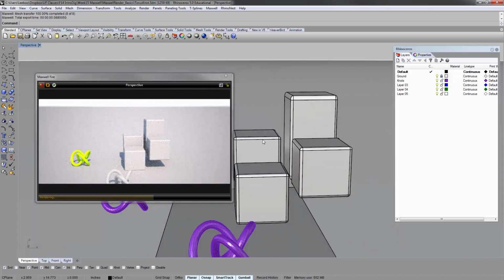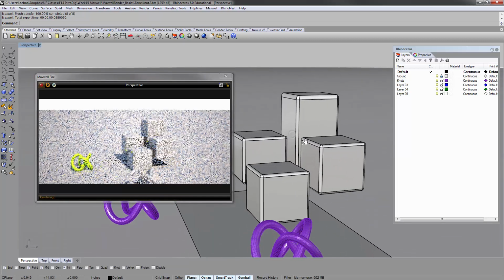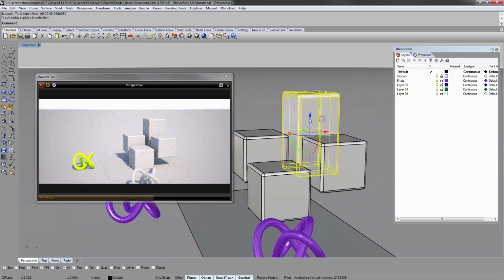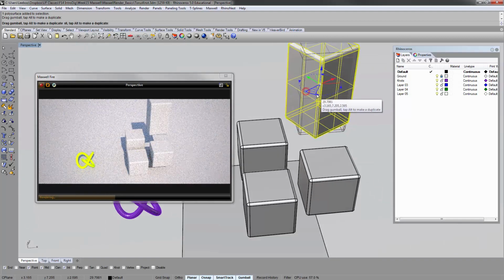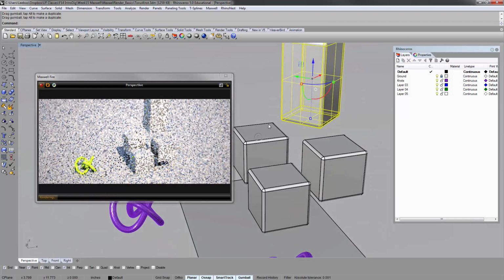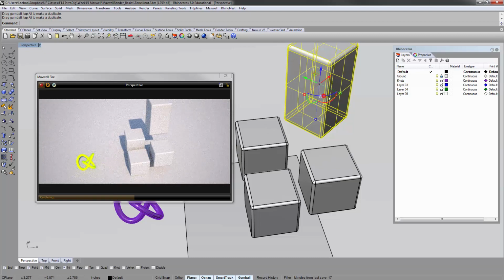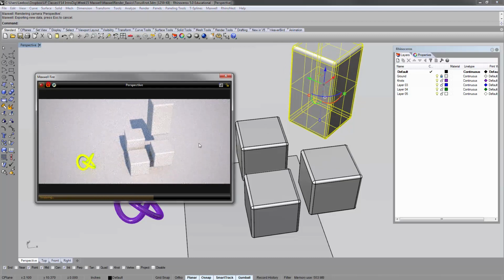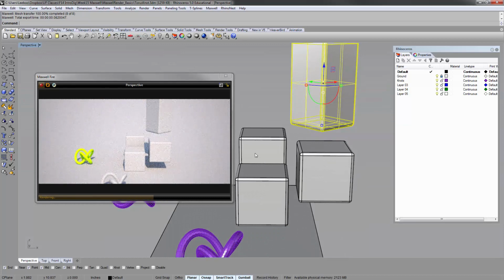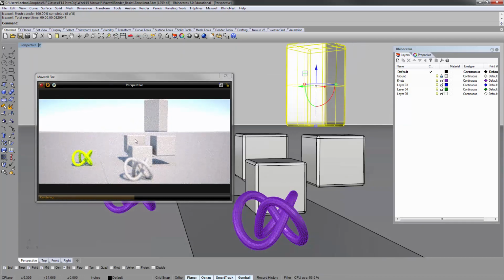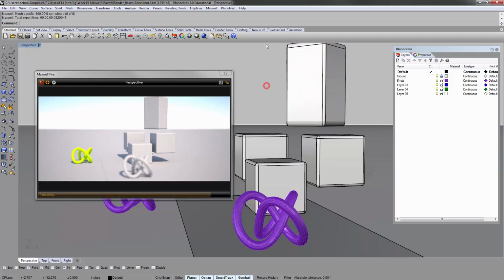Because Maxwell will actually have to remesh the stuff. If it's just moving things around though, or rotating things, these sort of translational rotations, well, actually this rotation didn't take either, so you'll have to refresh that else. But simple movement of objects usually is updated automatically, as well as actually applying materials. So